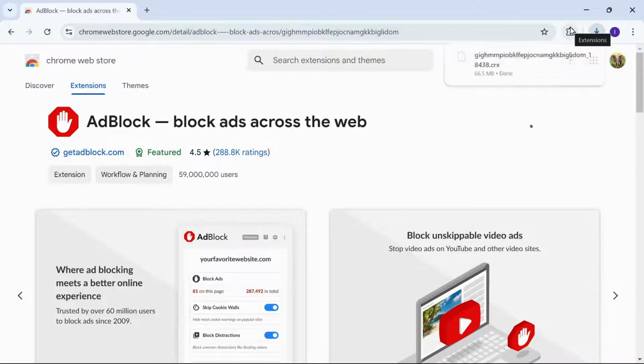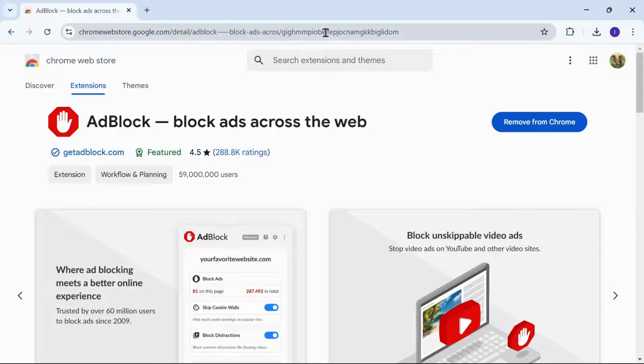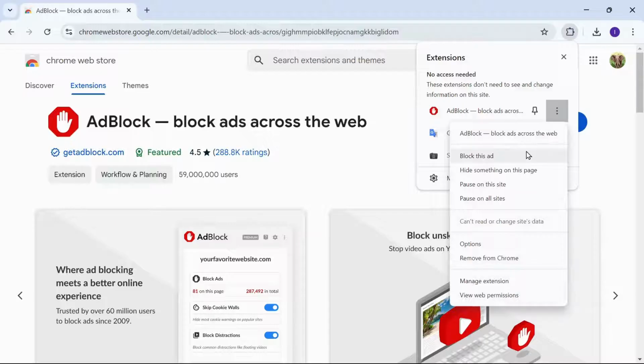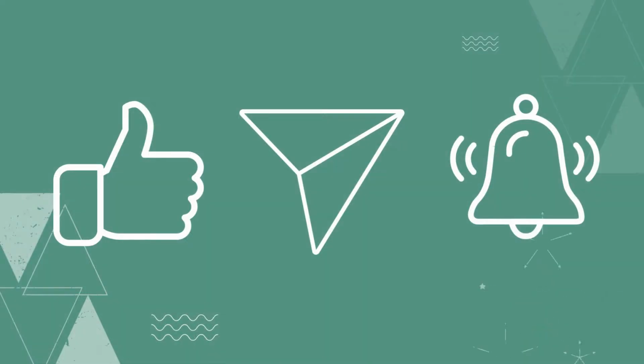bar. Click on the ad blocker icon to open its settings or options. Most ad blockers work automatically by default, but you can configure additional settings. The ad blocker is now activated and will block ads on websites as you browse. You can turn it off or on for a specific site by clicking on the ad block icon and